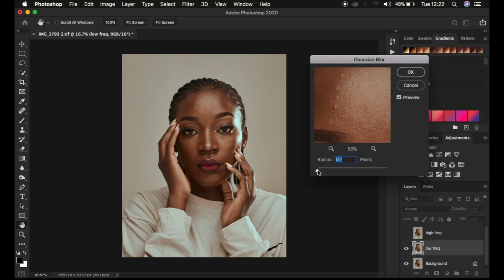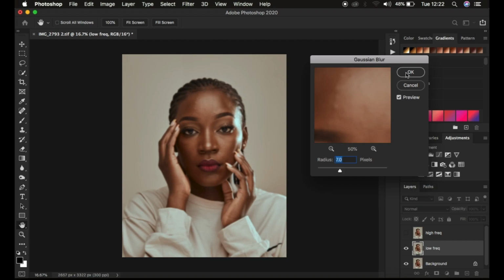Remember, this is the most important step, so you have to pay maximum attention. Just come to the radius and start taking the radius slider up to a point when these textures are just starting to disappear. They have to just start disappearing, and don't completely lose them out. You can still notice where they were, but you can't clearly see them. That is the sweet spot, and the textures that you're going to be remaining with in the final retouched